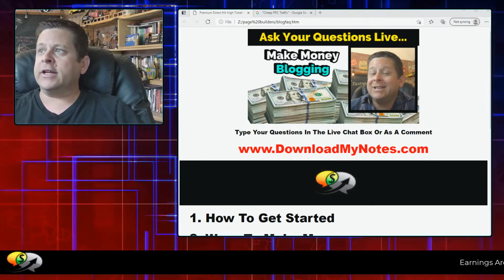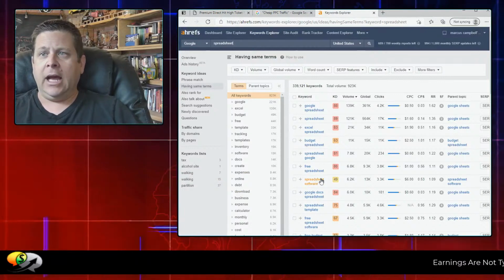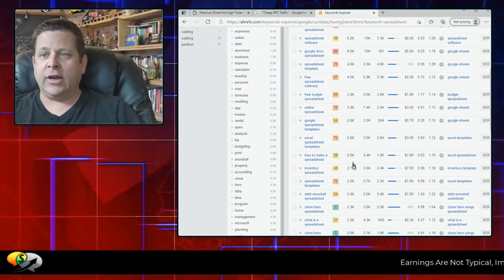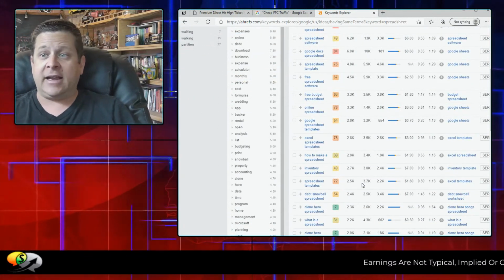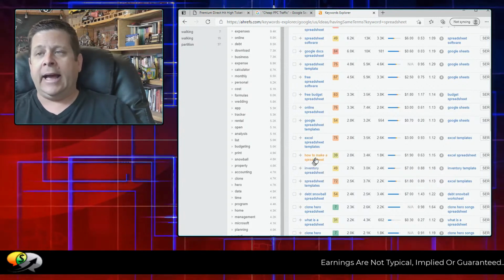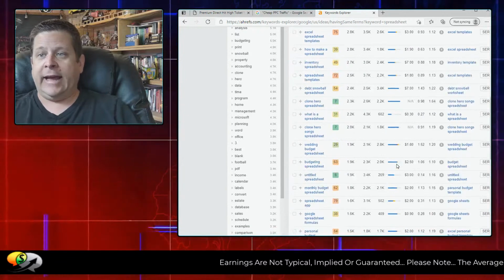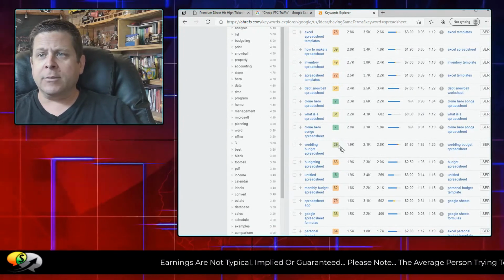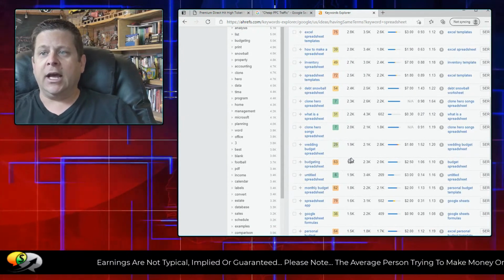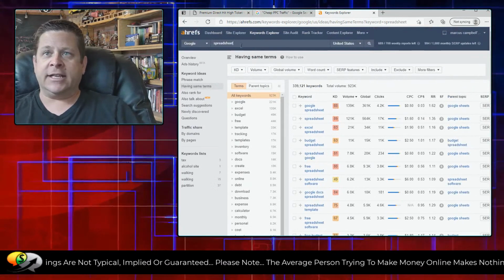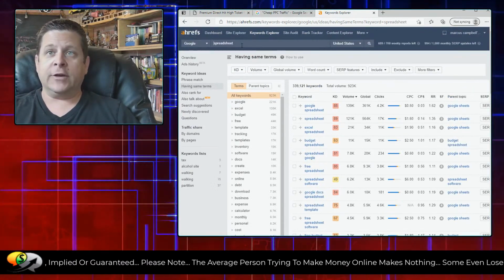We look at something like spreadsheet, okay? I'm going to look at these keywords and see, okay, there's some that aren't that competitive. Inventory, how to make a spreadsheet, spreadsheet templates. We have something about a Clone Hero, budgeting spreadsheet. So if I'm going for like budget